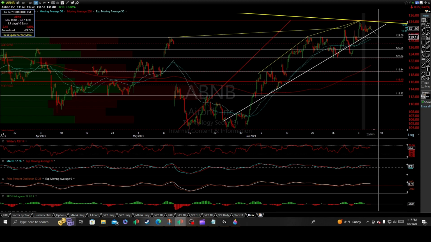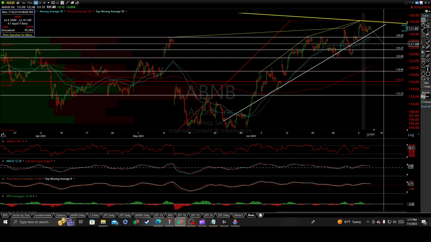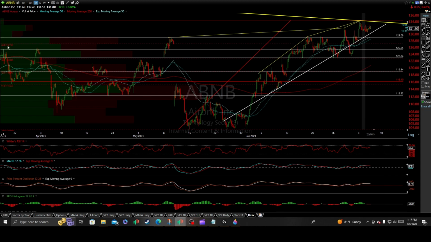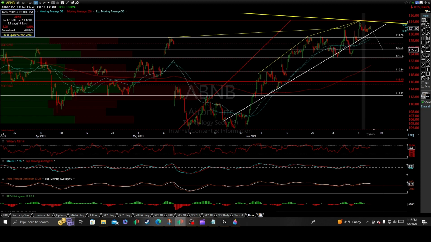Whereas that 129.08, I've added a top of the gap support there for a 1.8% drop. I've added a new key set of Fibonacci retracement levels down to the 236, we'll call it 127.10 price support there for an additional 3.4% drop on a complete backfill of the gap, 125.25 for a 4.8% drop, down to the 382 fibs retracement, call it 122.84 price support for a 6.7% drop, down to 118.94 for a 9.6% crash.